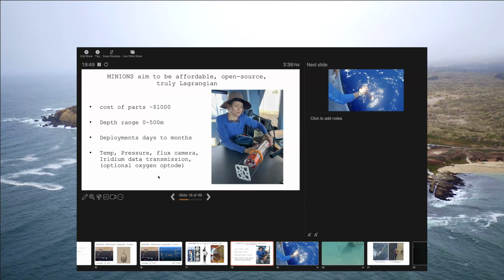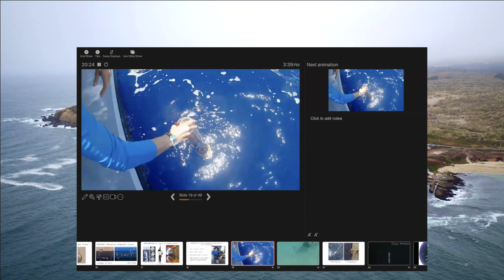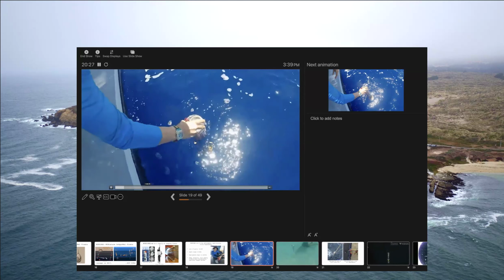It's probably one of the most exciting parts for me on the science end, or on the engineering side, to be able to see and evaluate how closely these follow the water. That is a very unique trait compared to other autonomous platforms, such as the BGC Argo floats or gliders, that will always have quite a bit of relative platform water movement. And there are some really exciting things that we can do with that. I'm just going to show this video of dropping it in the water.